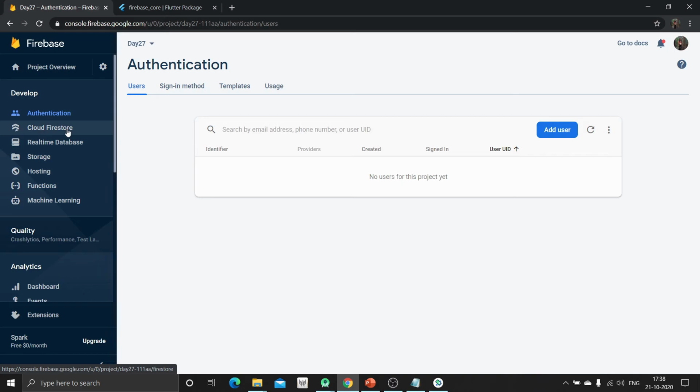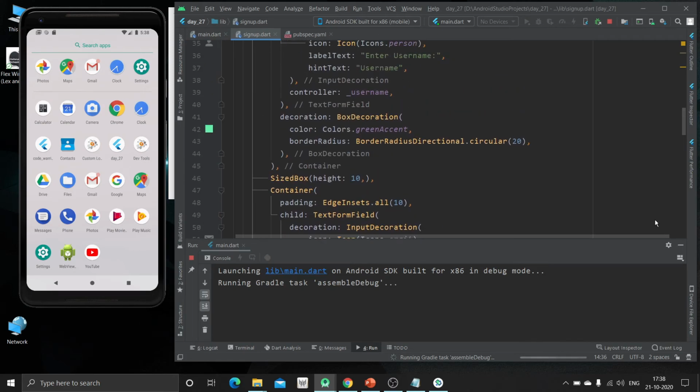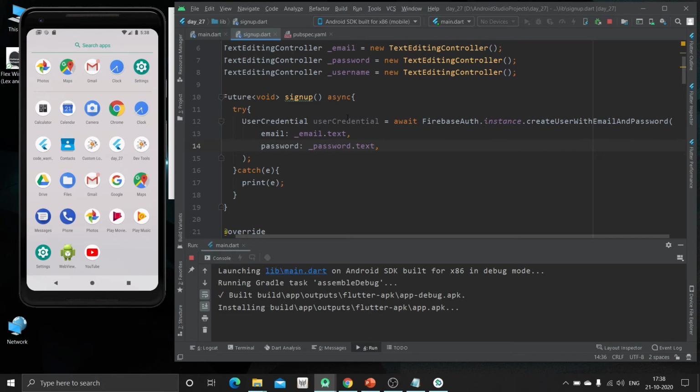Now in Firebase we also have a database, as Firebase is for database. In Firebase we have two databases. One is Cloud Firestore and the second one is Realtime Database. So we will look at the implementation of these databases later on in another session of this event. So let me see, has the app run or not. Okay, this is taking some time. Till then we can see,